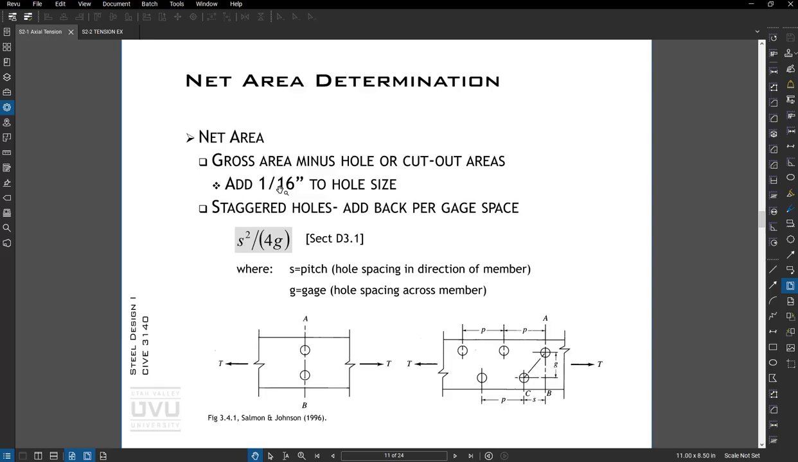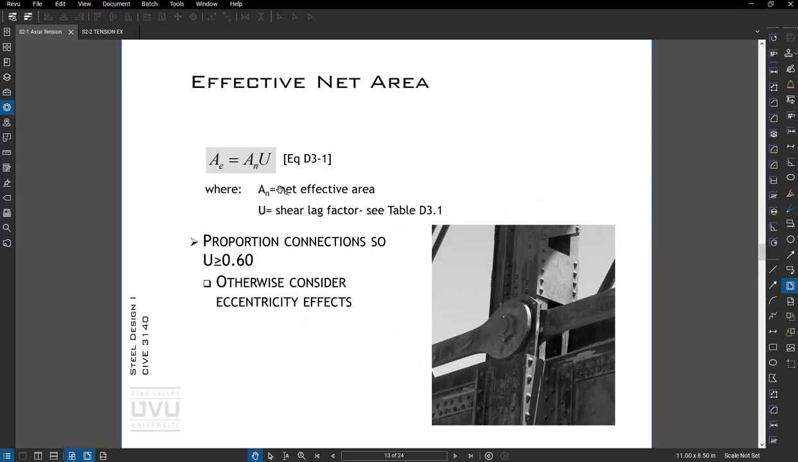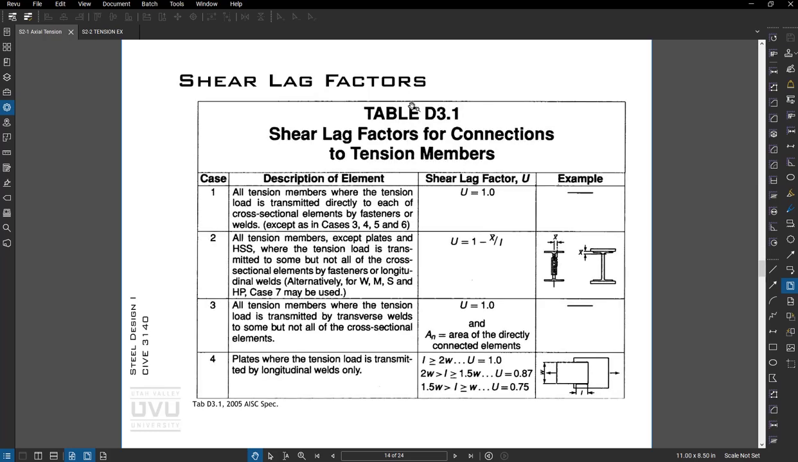So that's where that 1/16 comes from. So, shear lag factor, you can go to Table D3.1 in the code. It'll basically give you what it is for different configurations. So if you have a member where all the tension is running through each portion of the member, like let's say the flange, the web, and the bottom flange were all connected, that would be a shear lag factor